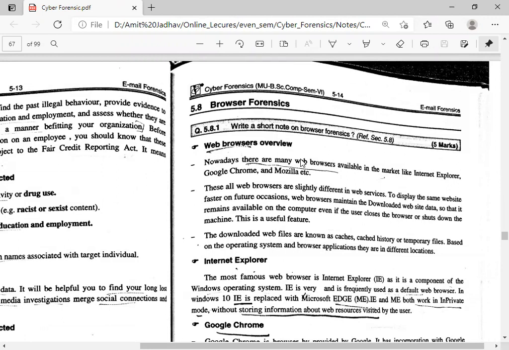The browser is software used to send data from one machine to another. On mobile also, browsers like Google Chrome, Mozilla, and Internet Explorer are available. Using that, the user can view different websites on the web browser.